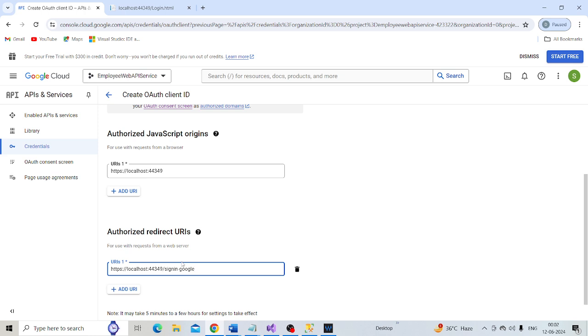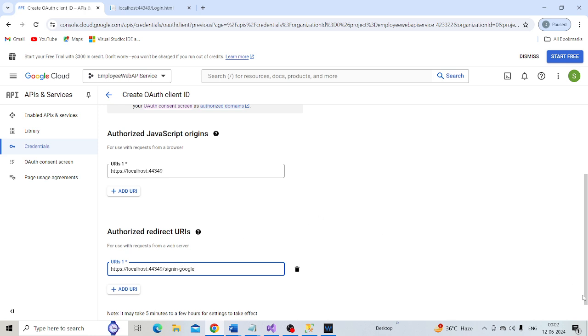This is the authorized redirect URI, the URI to which the user will be redirected after he is successfully authenticated by Google. And notice here, after clicking the create button, we get client ID and client secret.